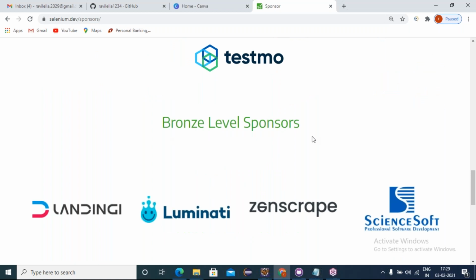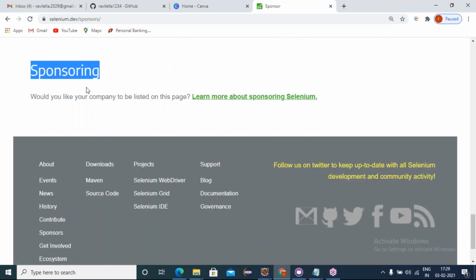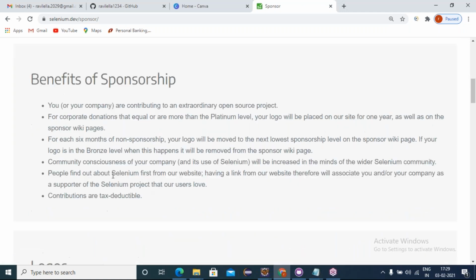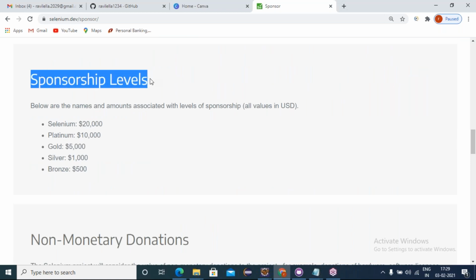Even you can be a part of the sponsors. Yes, you can contribute yourself. Suppose you want to sponsor Selenium. Would you like your company to be listed on this page? You want to sponsor it? You click on this, and they give all the sponsor level details, what amount you have to pay, the sponsorship levels.